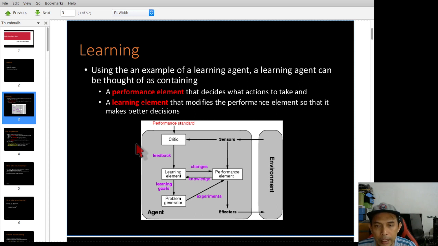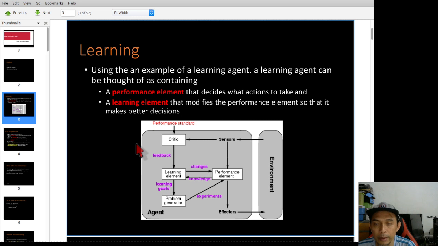From this diagram, the two main components are the learning element and the performance element. The learning element can generate a problem, and from the problem it produces an experiment.